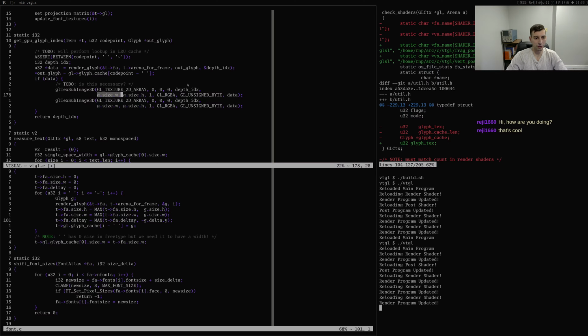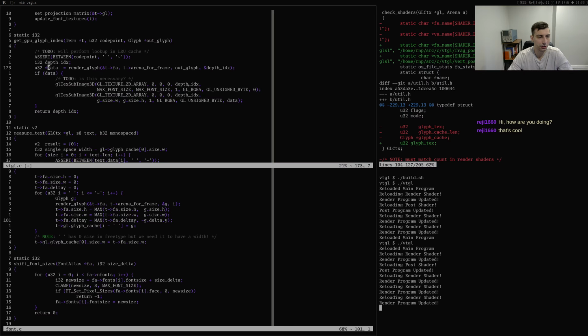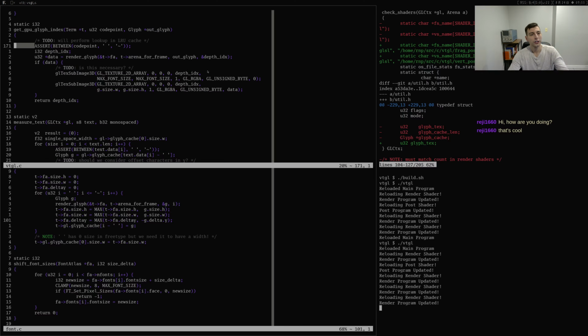So instead what we're going to do here is max font size, and we're going to pass in a null for the data, just to clear the whole thing in case there's some necessary reason to do so. We don't need that line anymore. We're going to do this, then we're going to do